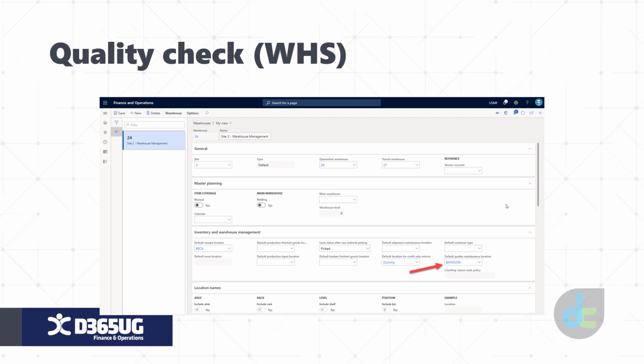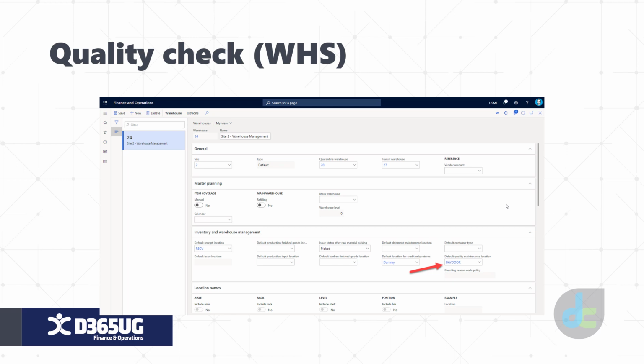Next we have quality check. This is specific to warehouse management, and it's an alternative to the existing quality check process that's more flexible and faster. At the time of receiving, a worker is required to perform whatever the desired quality check is, and must decide whether to accept or reject each license plate that they've scanned after they've been registered. Accepted license plates will be guided to the storage location like normal, but anything that is rejected will be diverted to a quality check location for further inspection.